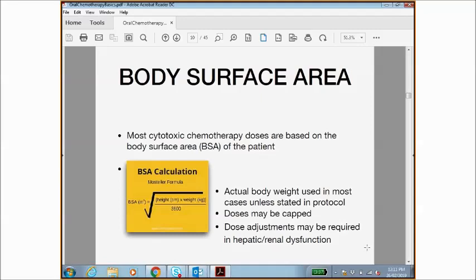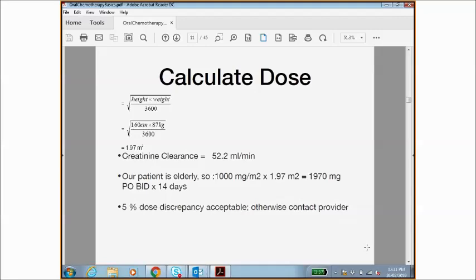Most cytotoxic chemotherapy doses are based on body surface area. And the Mosteller formula is usually the formula that we would use to calculate the dose. We usually use actual body weight. Doses may be capped, not usually for weight, but maybe because of some toxicities or hepatic or renal problems. So in this case, we calculate the dose. It works out to 1.97